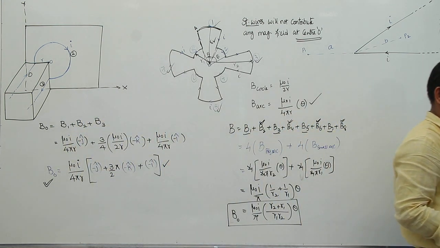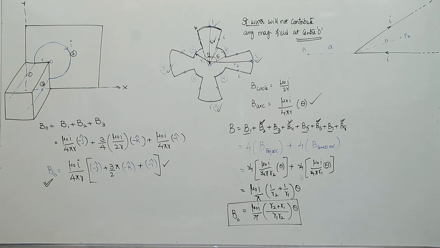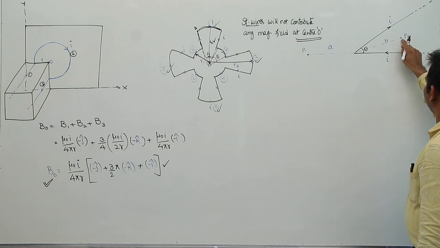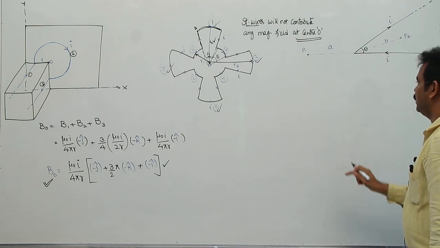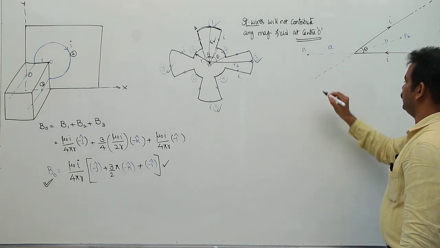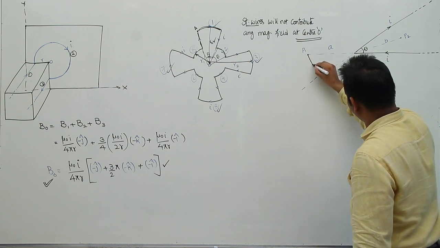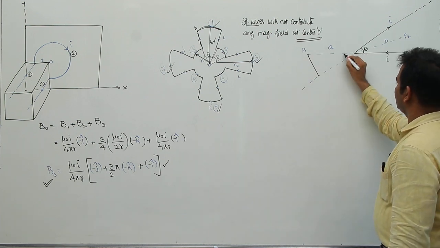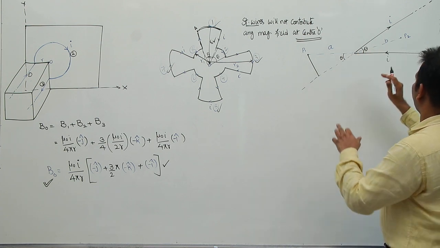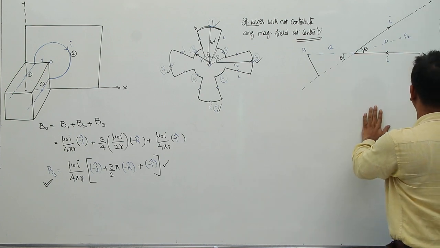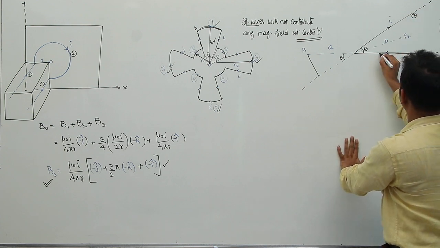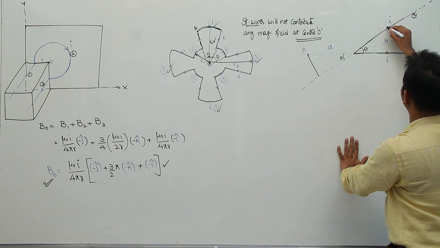Now see this last problem. I need to find out the magnetic field at point P1 and another point P2. This P2 is on the perpendicular bisector of this angle theta. Now to find out this one, here angle theta is given. Just extend this wire and join this point with this one. Now let me take, this will become theta here, as these are opposite angles, these two will be equal. Now to find out the magnetic field due to this one, this is first wire, this is second wire, because this is the current carrying wire which is bent in this form.